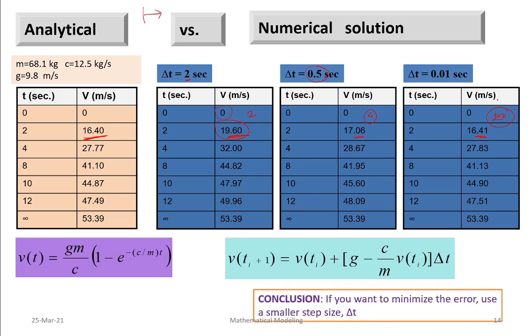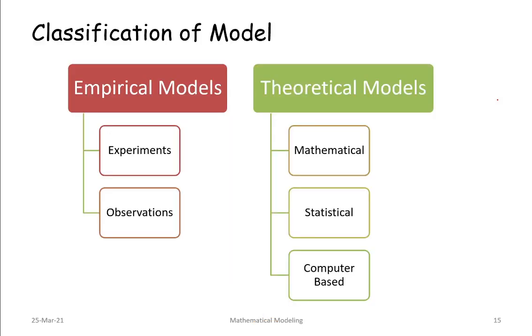Okay, this is what is called the simulation part and the analytical part. If you look at what kind of models we can create mathematically, there are empirical models. If you open a design data book, the PSG design data book, you'll find so many equations. What are those equations? They are not derived from the basic principles. They got certain constants from experiments, and that's what these are called empirical models.